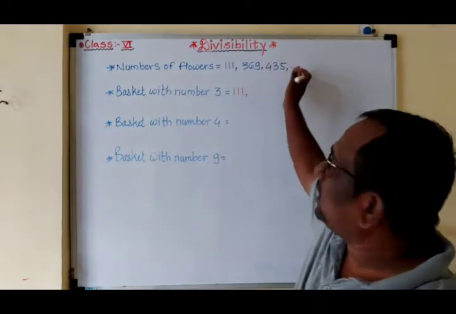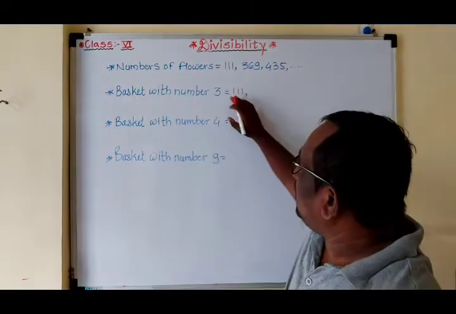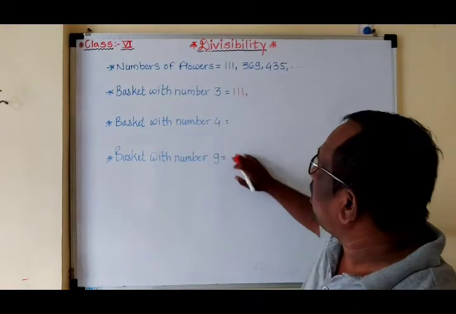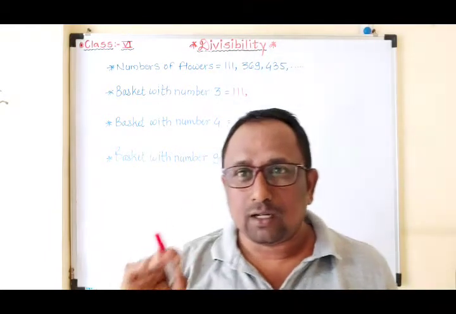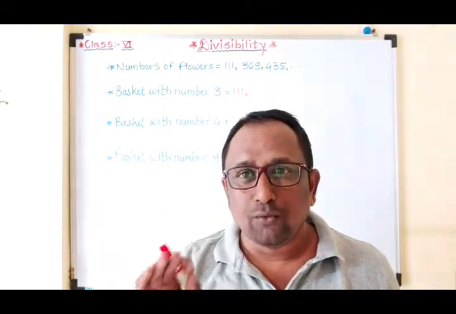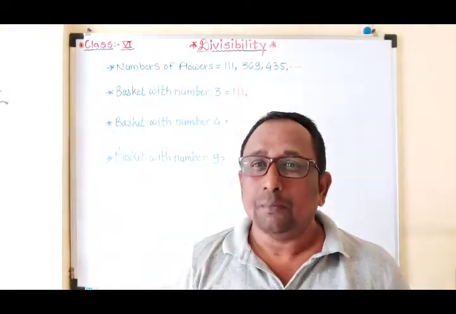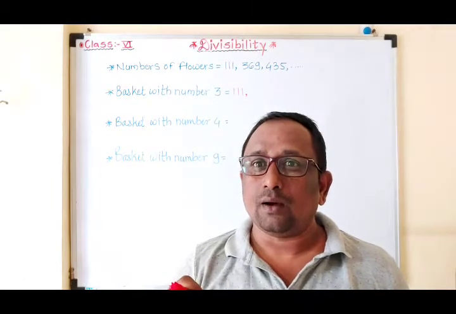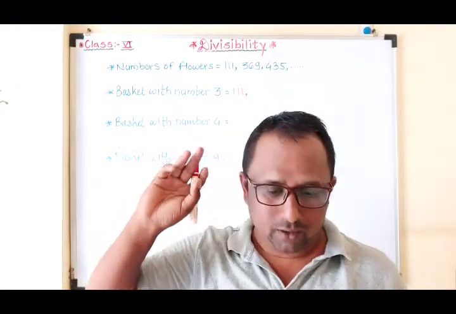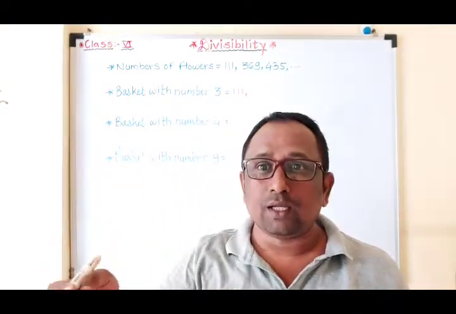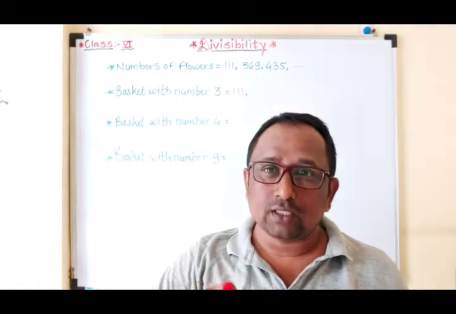Then you can check 369 in this way and write the numbers that are divisible by 3, 4 or 9. So first write all the numbers and do the calculation roughly. First use the divisibility test of 3, 4 and 9 on each and every number, okay, and then you have to write, because some numbers may be divisible by 3 and 9 also. So you have to write both 3 and 9 also, okay. Maybe some numbers are divisible by 3 and 4 also. When you are solving this, then you will understand.